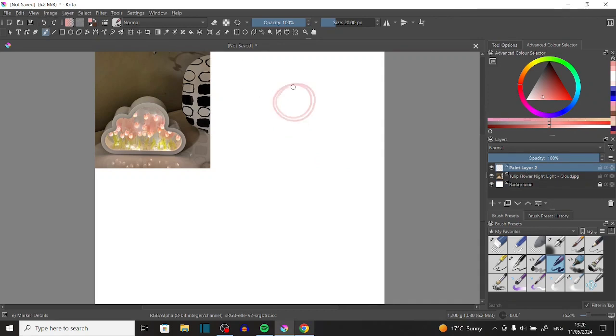So for this character, I kind of have a little bit made up in my head for her. But I'm going to let future me talk about her in more detail. I'm not very good at drawing children, as we will surely see very soon. How are you supposed to draw a child?